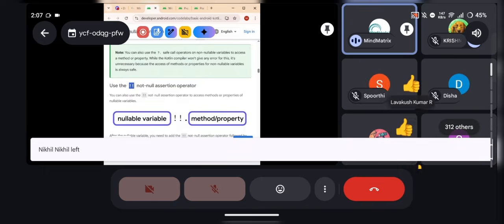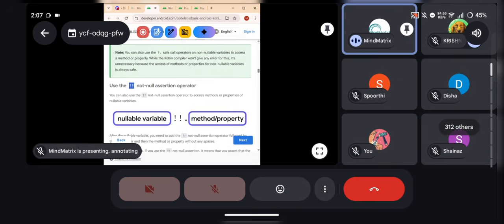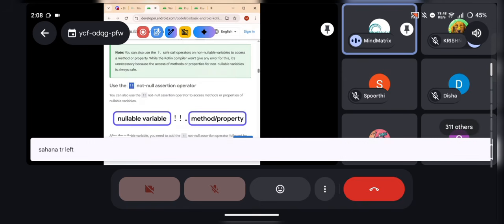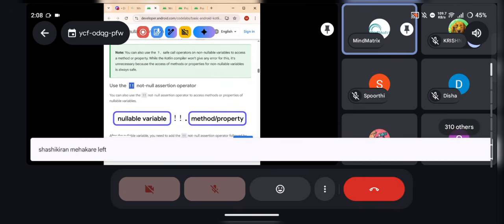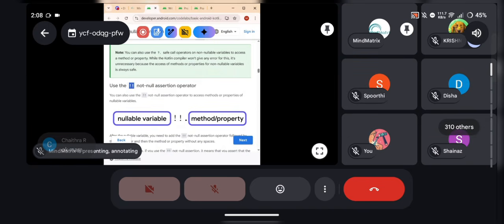In session 5, you have to go through these code labs and learn about these topics: classes, objects, lambda expressions, and all. Got it, right? The task and all.